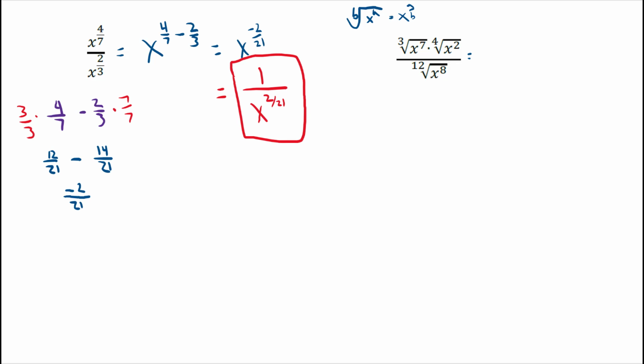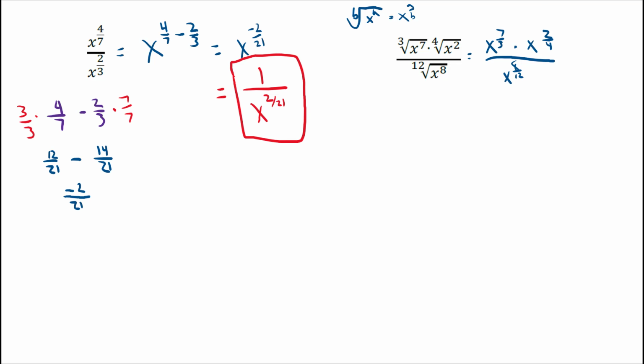So here we're going to have x to the 7/3 times x to the 2/4, and then this is all over